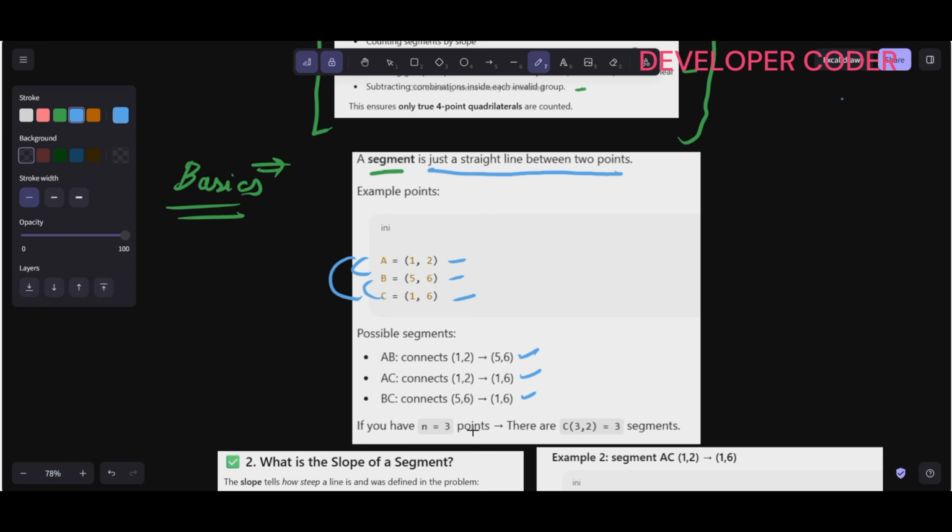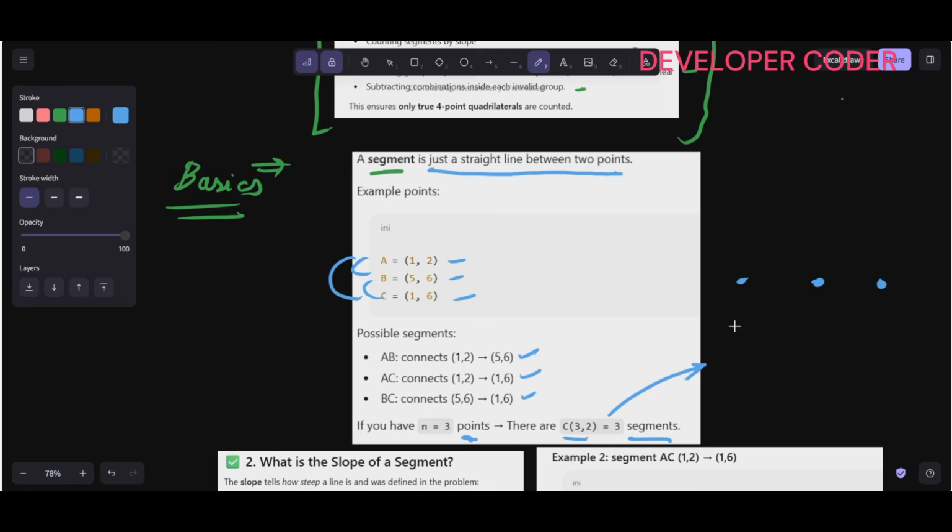So if you have n is equal to 3 points, then how many number of segments are there? That simply means we have 3 segments. And I have explained this yesterday in part 1 of this problem. So both problems are a little bit different, not the same. So that simply means if we have 3 points,